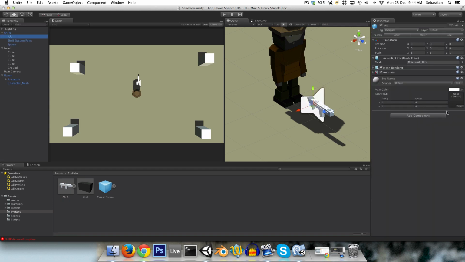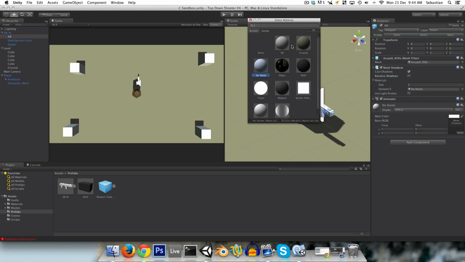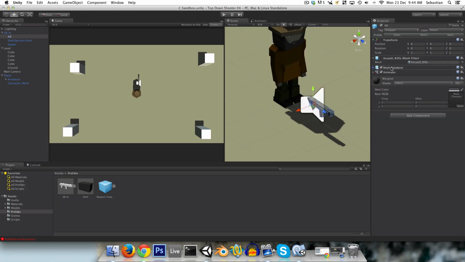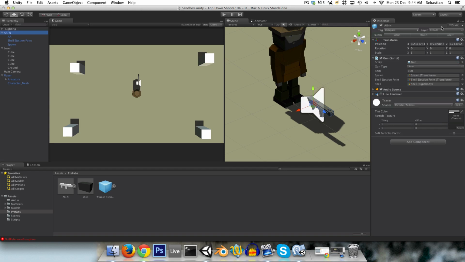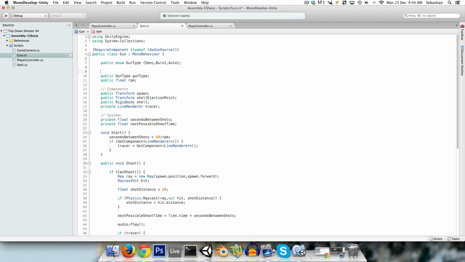And we just need to assign a material to it. So let's go here, and we'll assign the weapon material to it. That looks good. Okay, we can apply. Now let's go into the gun class, and as I mentioned, we want to have an